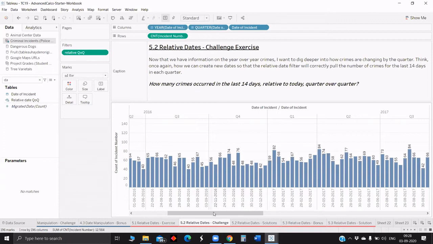So what we are trying to show is the last 14 days relative to today in the corresponding quarters. For example, in quarter 3, it's 3rd September and we are showing it back to 21st August, the last 14 days. Similar to that, in each quarter we show the dates.